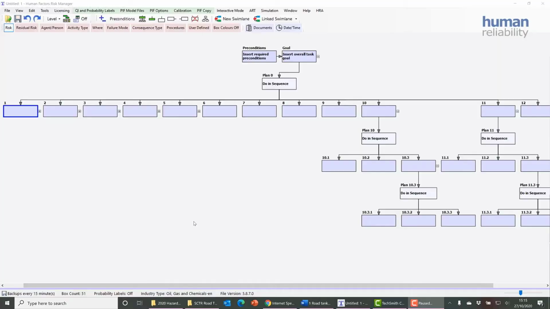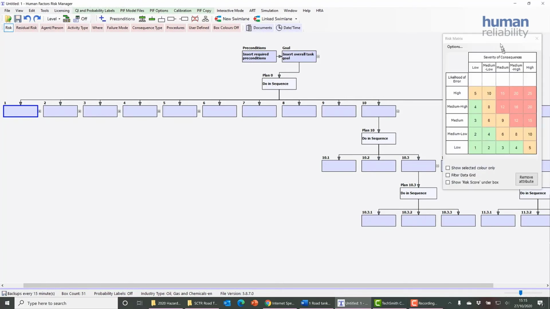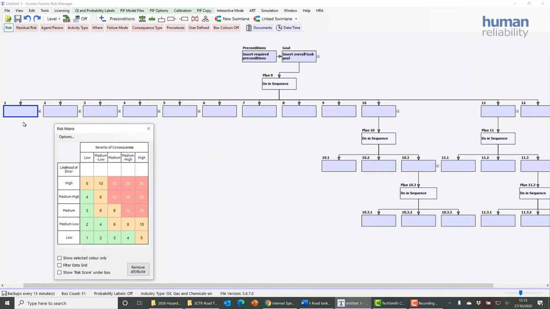So for example, if you had 10 to 12 sub-goals or even more than that, and you knew that only your major accident critical task steps were towards the end, then it makes little sense to be putting all your effort into steps 1 to 10 before you get to them. By the time you get to them, everybody's tired and they don't engage so well when you get to the point when they're really meant to. So what you can do here potentially is to do a risk screening of the entire task,